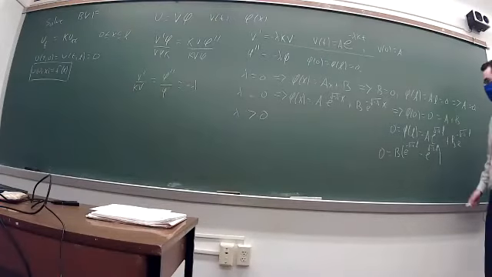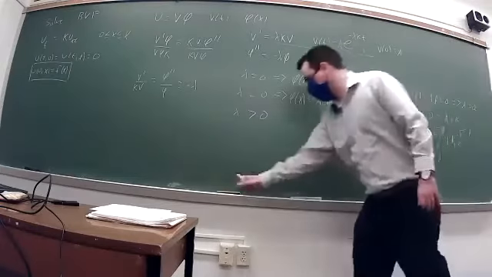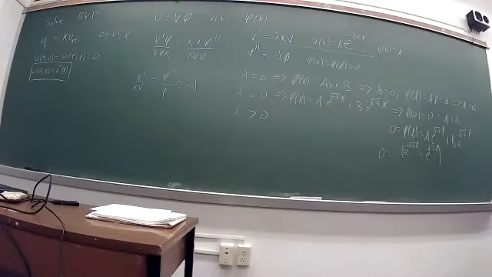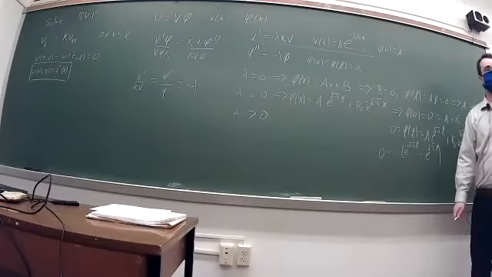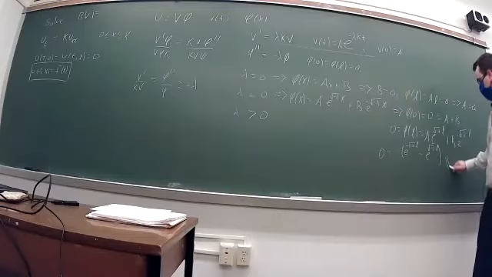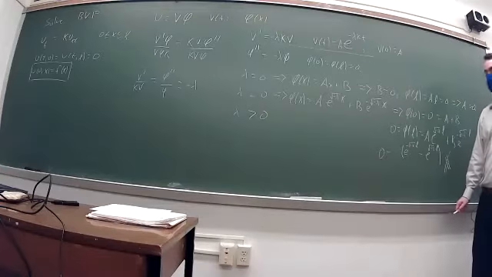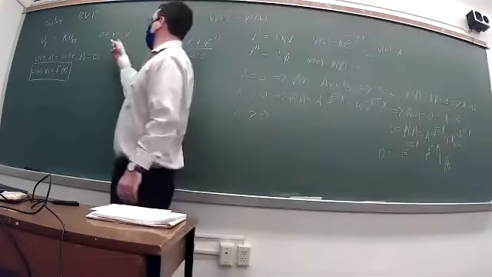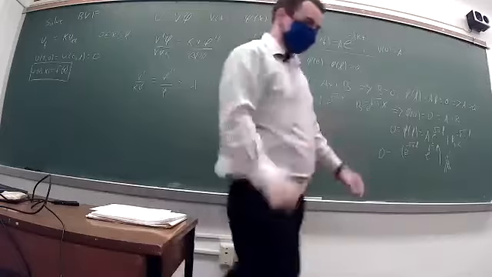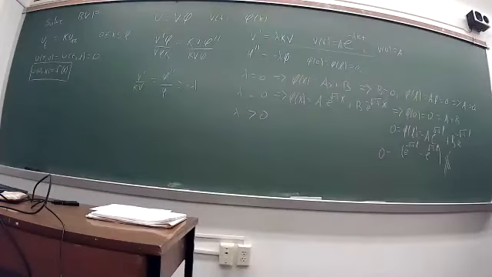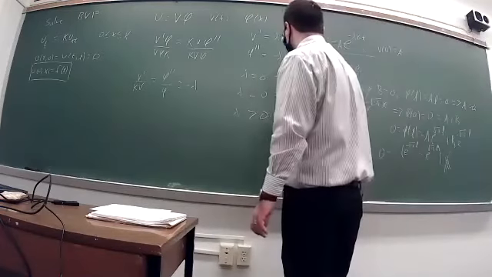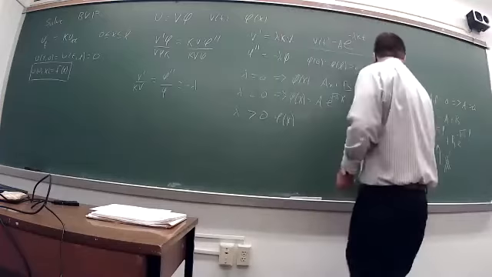If A and B are not both 0, then you can divide through, and you're left with this assertion, which is false, unless L is 0. Yeah, but it's not. Right. Unless you had like a degenerate thing. But yeah, so that leaves us with lambda could be bigger than 0, and in this case, you get